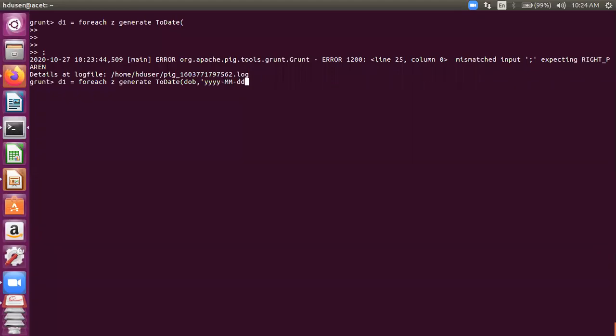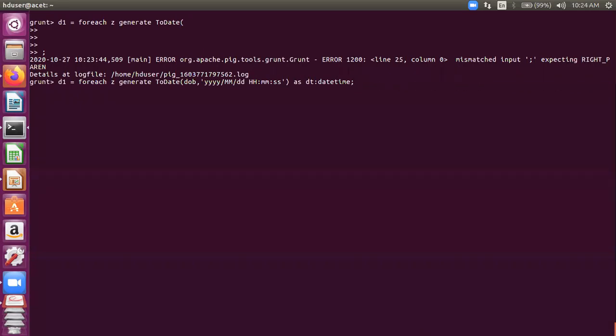Let's see whether there is some problem in this. We are using a slash, I suppose. Then HH, MM, SS. Let us give it some name. So I've written for each Z generate, convert this DOB.